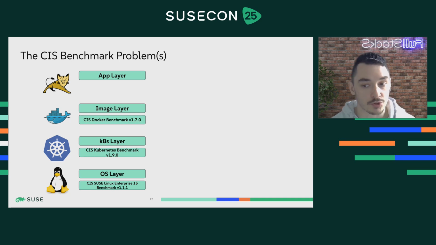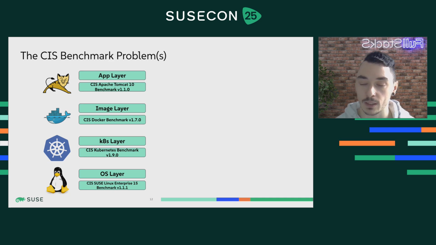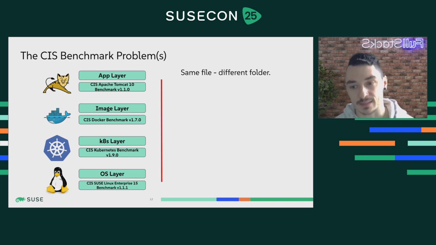We have a Docker benchmark, which also contains a section about Docker images. And there is also a CIS benchmark for Apache Tomcat in that case. Now, if you state that your ecosystem or your platform is CIS benchmark compliant, you actually need to make sure to either specify the layer, or you need to make sure that all the layers are compliant. And the second thing is that if we talk about benchmark compliance of certain products or tools, if you will